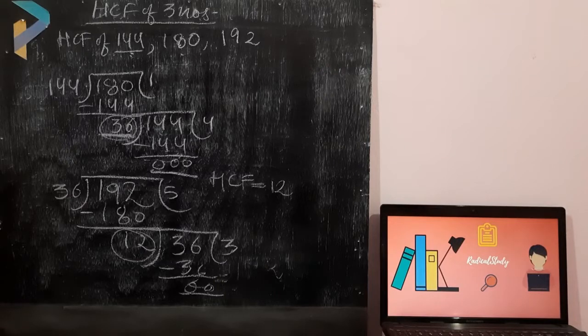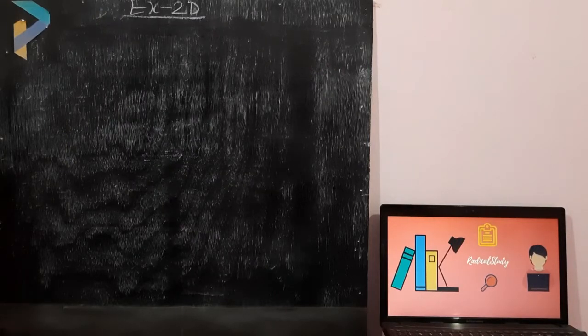So please pay attention. So students, in the previous exercise 2C, we have solved all the questions. This is your next exercise, that is exercise 2D. In this exercise, I have given you few questions as your homework. In question number 1 and 2, you have to find out the HCF of 2 or 3 numbers by the prime factorization and by division method also. Now in this exercise, I am going to solve some word problems for you.